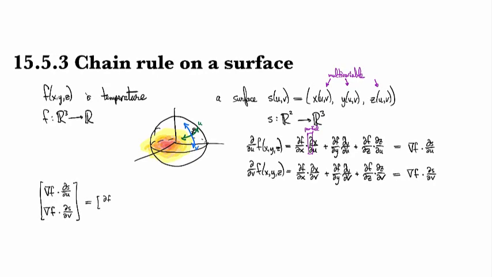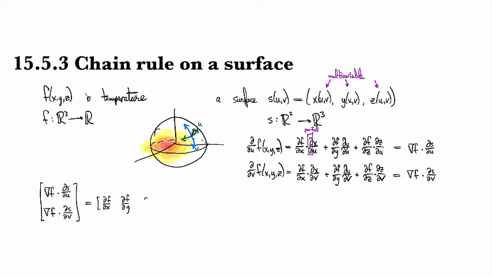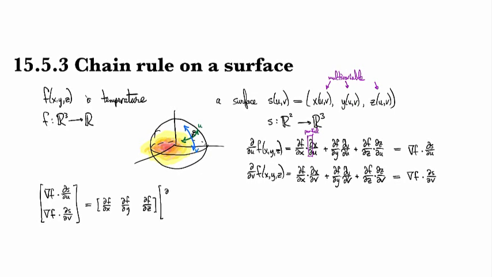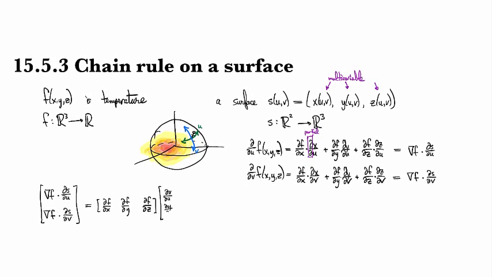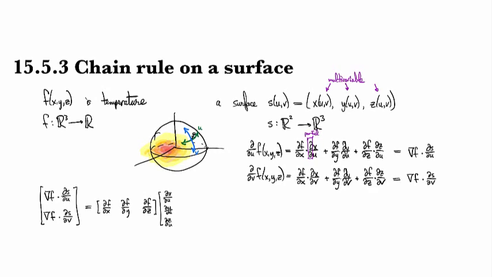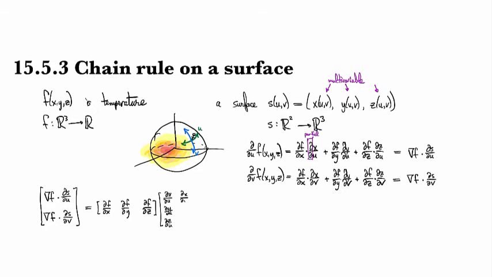So again, that's df dx, df dy, df dz, and we take the product against dx du, dy du, dz du. Oh, I sort of wrote my bar a little off there. And dx dv,